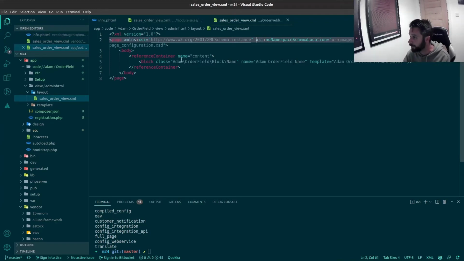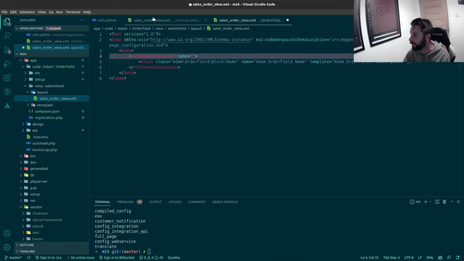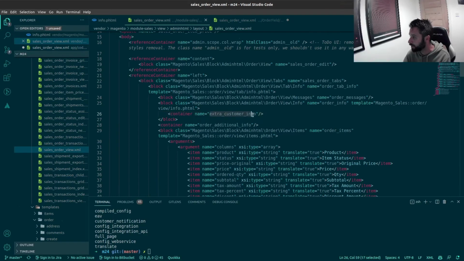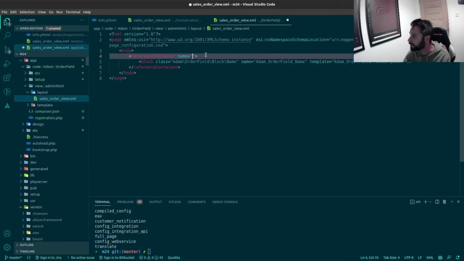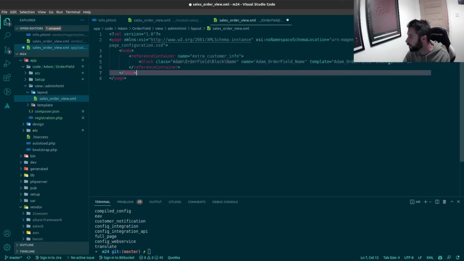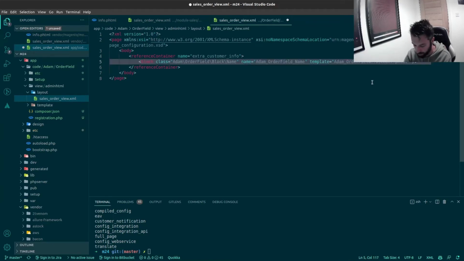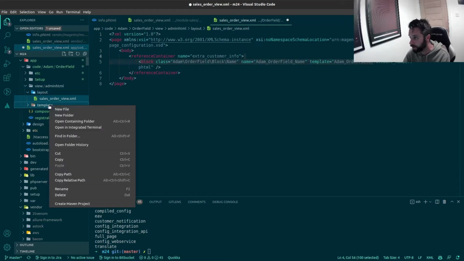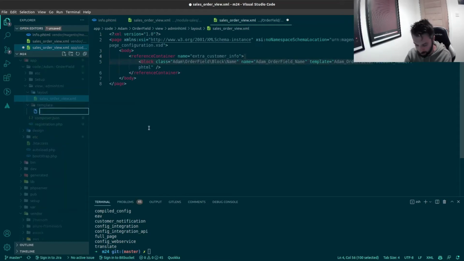In here, we've got a bit of boilerplate code which we can just change around. We're going to say we want to reference this container just there, and this class doesn't exist yet, but we'll sort it out. Obviously it's given us something boilerplate here, but we're going to call that account number, and we're going to add a file in. This is relative to my template folder here that is in admin HTML. So I'm going to add another file in here called account number